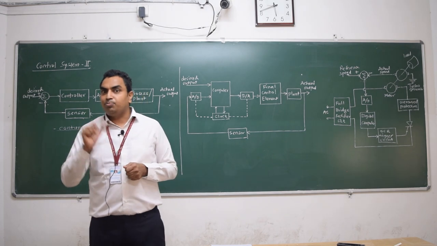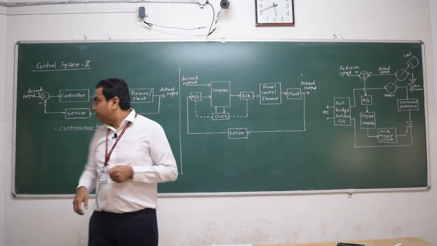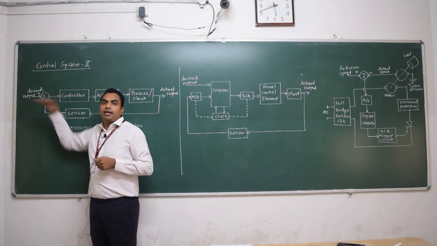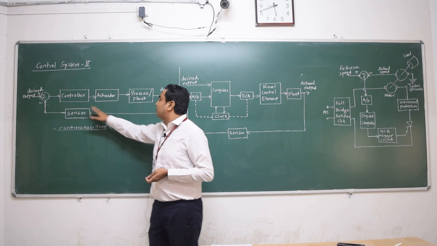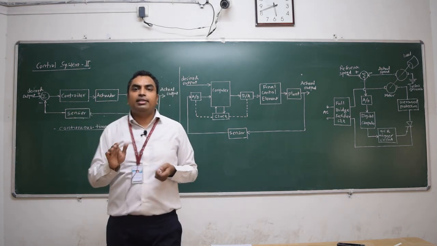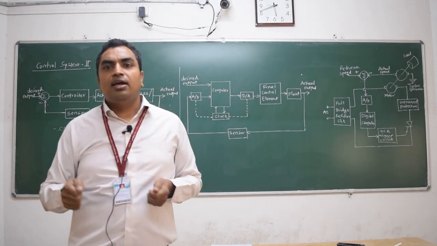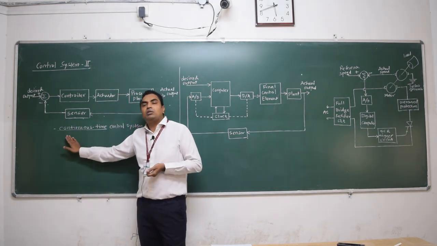Continuously I am looking at the speedometer, right? And depending upon the reference, that is the reference track or the reference speed, I am changing or giving signals. My brain is giving signals to my hands and legs, so that the steering can be changed and the brakes can be applied respectively. So this is the example of a continuous time system.